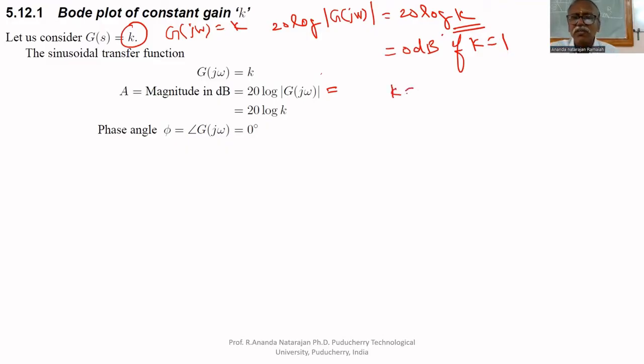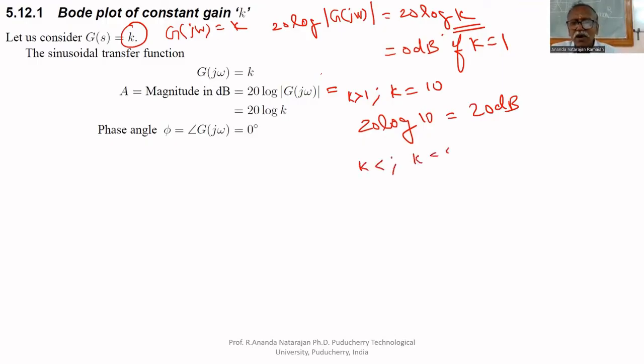Suppose k equal to 10, 20 log 10 equal to what? 20 log 10 equal to 20 dB. If k is greater than 1, say k equal to 10, you will get a positive constant. Suppose k is less than 1, k equal to 0.1, what will you get? 20 log 0.1,